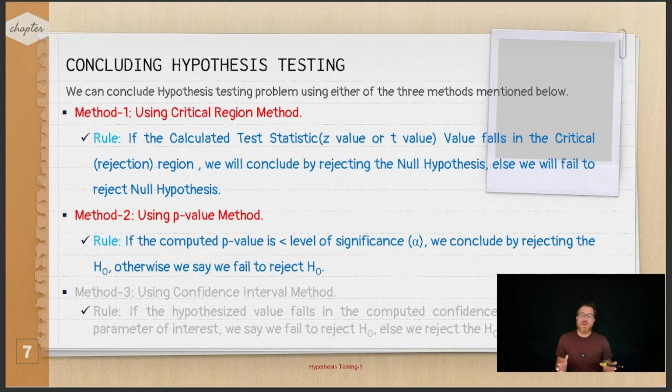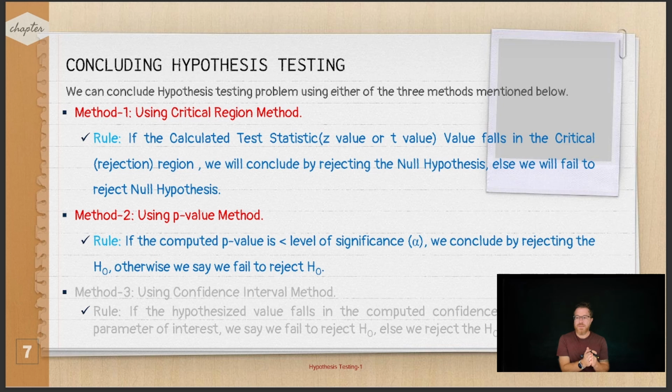Once we've set up our hypothesis test, there's three ways that we can make a conclusion about whether we reject or fail to reject the null hypothesis. The first way is called the critical region method. So what we're going to do is figure out what the rejection region is. We're going to calculate our test statistic, either based on our standard normal z or our student's t-distribution t, and then we're going to look at whether it falls into the rejection region, meaning that we reject the null hypothesis, or whether it falls in the fail to reject region, which means that we would fail to